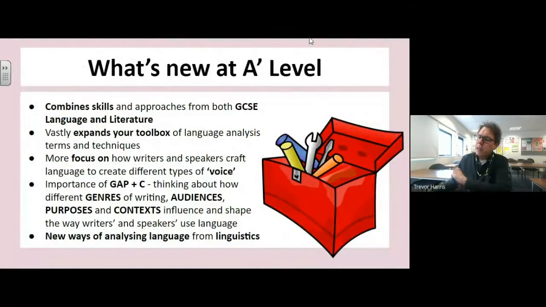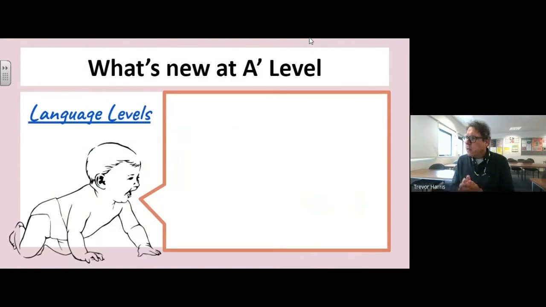Now, let's go back to this bullet point at the bottom. New ways of analyzing language from the study of linguistics. And I'm going to introduce you to some, hopefully, new concepts on the next slide. So,